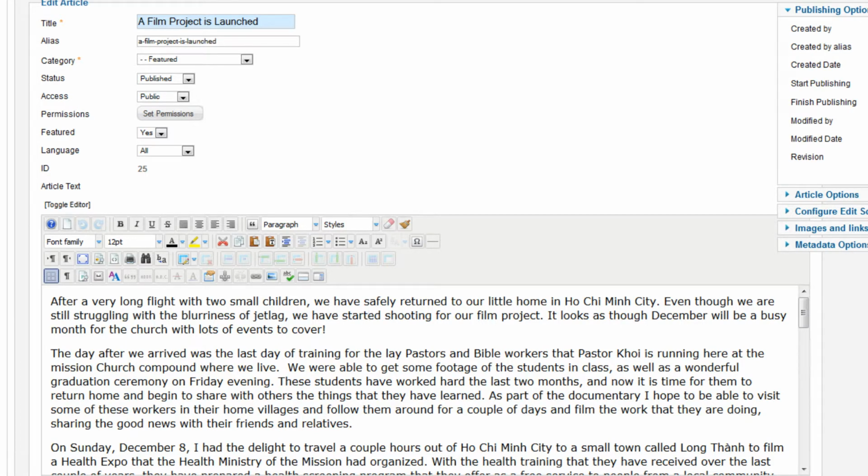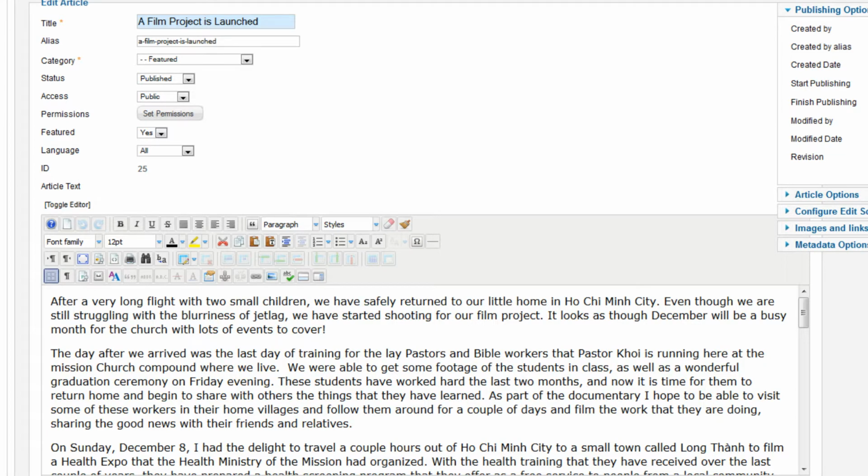However, before we do that, what we need to do is get our images ready to bring in. And what I mean by that is we need to get them to be the right size. As most of you are probably aware, the photographs that we take with our digital cameras these days, even with an iPhone, are just way too big to bring into an internet document like this, a web blog. And so what we need to do is get them to be the right size before we bring them into